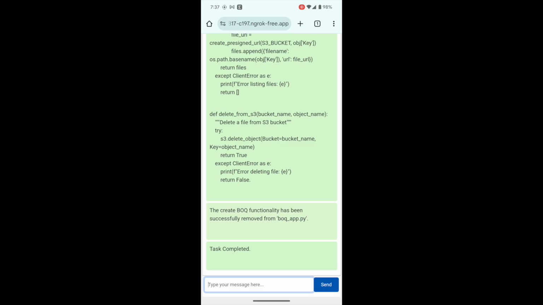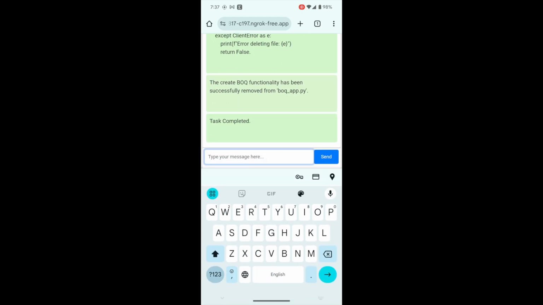So the laptop I keep in my room or my office, and I can program from anywhere in the world. So that's a great use case for developers like me.